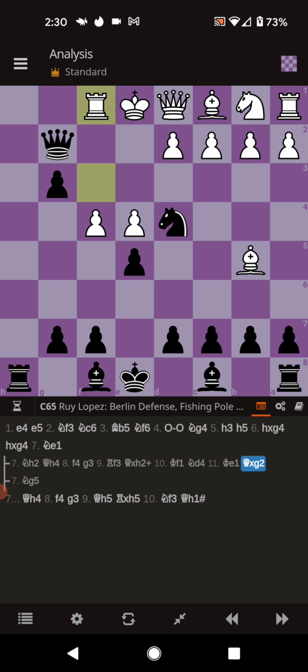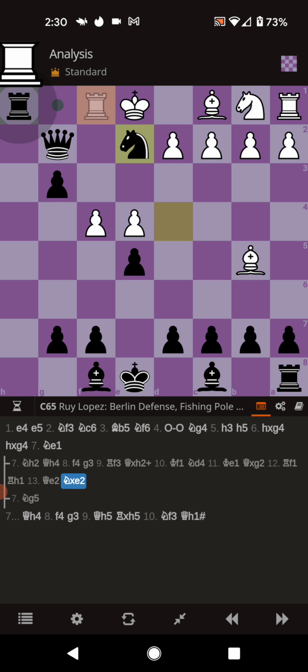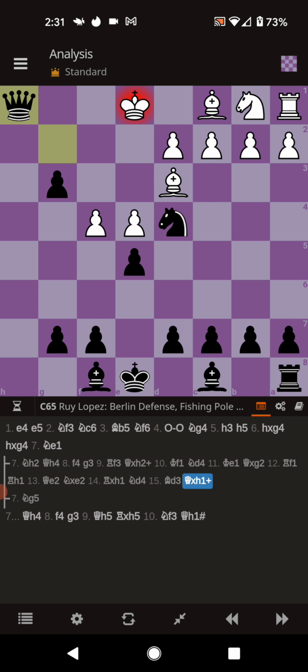rook goes to f1, your rook goes to h1, queen comes to e2, knight captures queen on e2, rook captures your rook on h1, you bring the knight back, bishop comes to d3 to guard the e4 pawn, queen captures rook on h1,